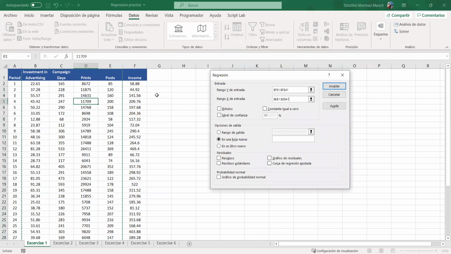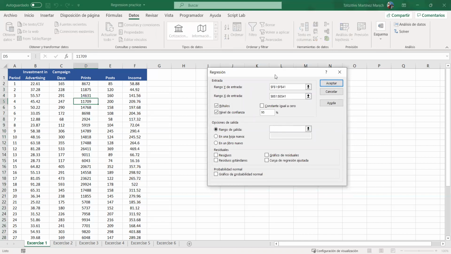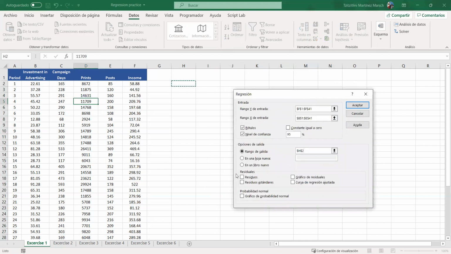And the next thing is, since we do have a header, we need to indicate that we have a header. And for our confidence level, statistically 95% is actually the norm, unless the problem guides you otherwise, okay? And the next thing we're going to do is give it a range where it will give me my answer. And with that,